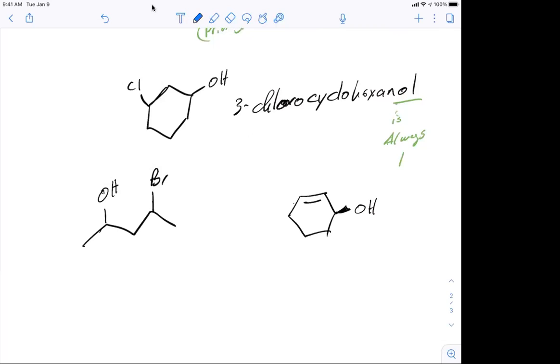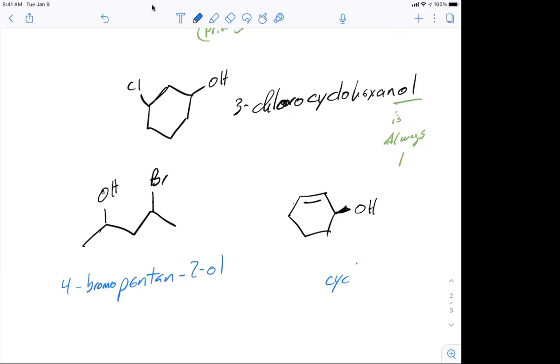Right, now if we look at this one, this is going to be pentan, right? We have the all is on a 2. And then we have the bromo, and the bromo is going to be on the 4, right? And we give the 2 to the all because that's what we're naming it as, the alcohol. On this one, we've got